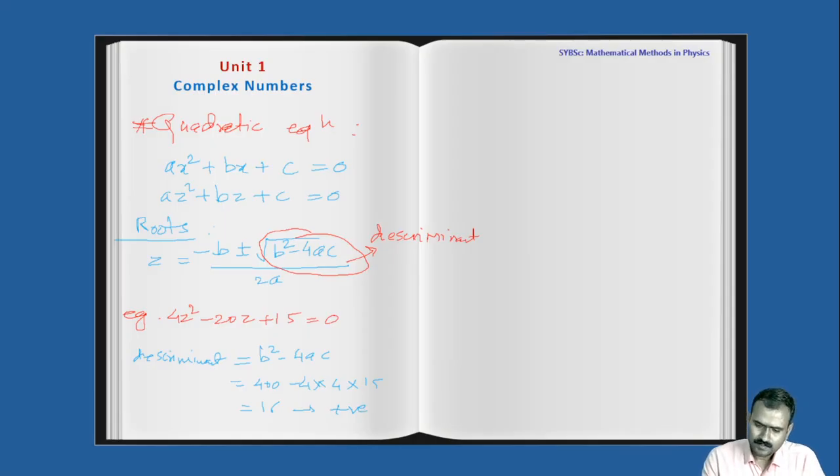So we can get the roots of the quadratic equation: z = (-b ± √160) / 2a, where 2a means 8. If we solve it, z = (20 ± √